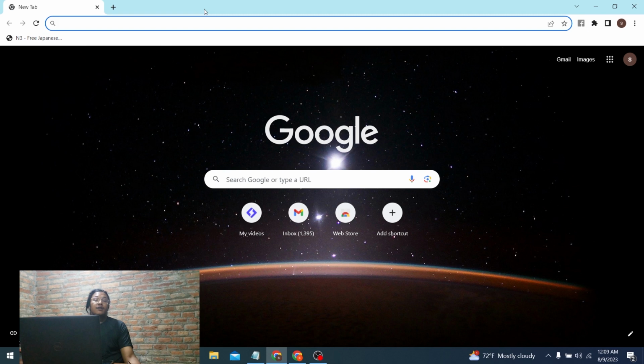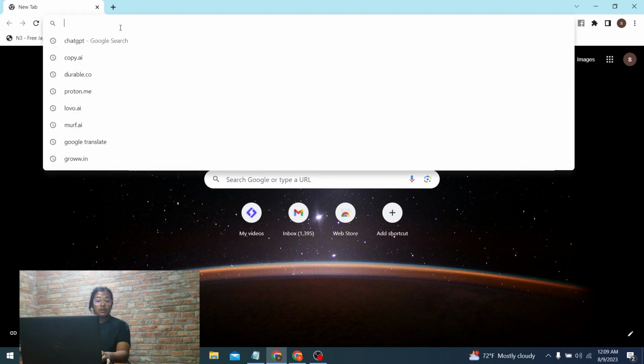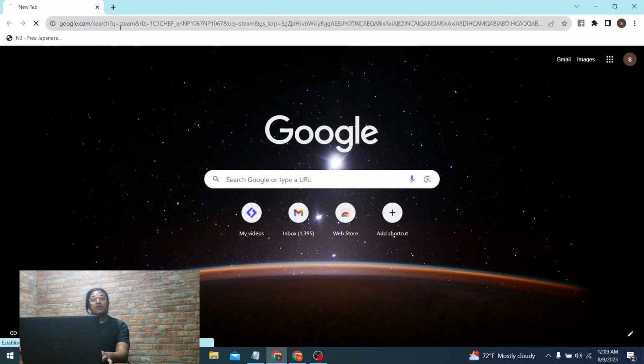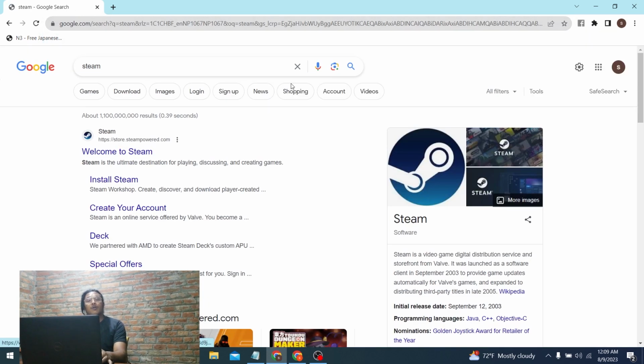Now to download and install the Steam gaming software on your laptop or PC, first open up your preferred browser. I've already opened Google Chrome and searched for Steam directly and hit enter. After that you'll be on the Google's, or any search engine you desire, search results page. On the first result of Google you can see Welcome to Steam. Just click on that,